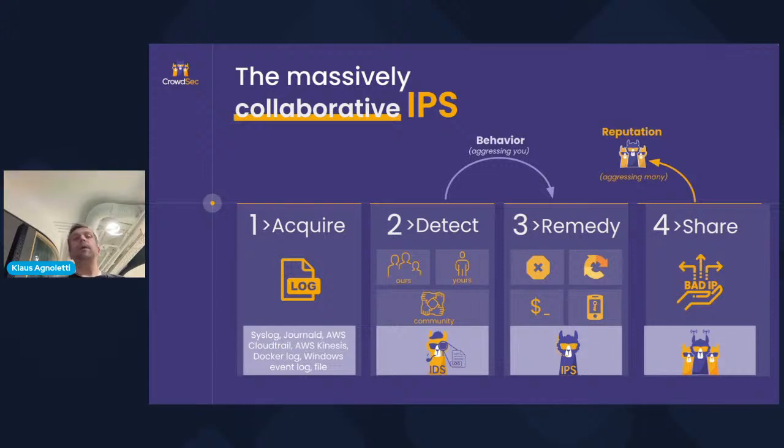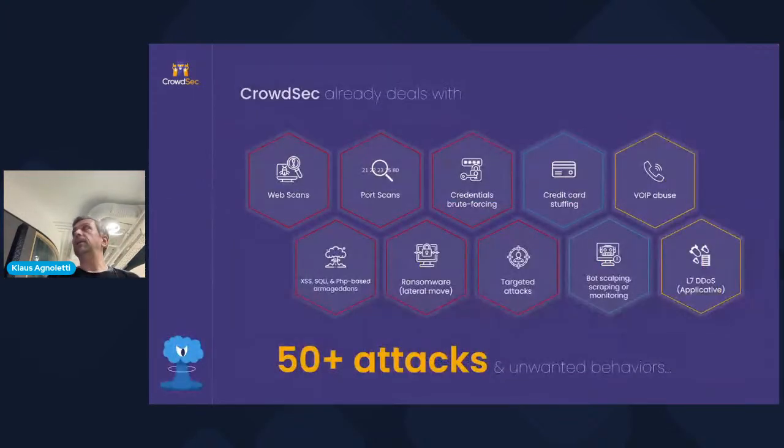And we have a mechanism, you would call it a back office mechanism, called the consensus engine, that tries to figure out which of these are actually real bad guys. It does so by correlating attacks, or correlating information across agents, to see who of those are really bad. And then it shares that as block lists to all agents, fully automated. CrowdSec can detect a number of different attacks.